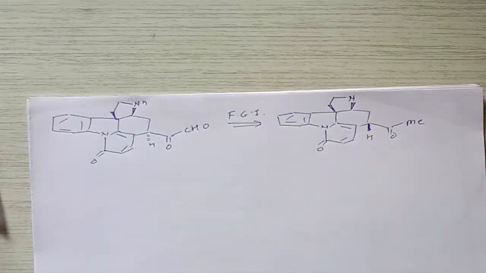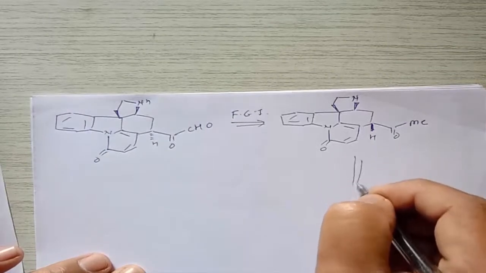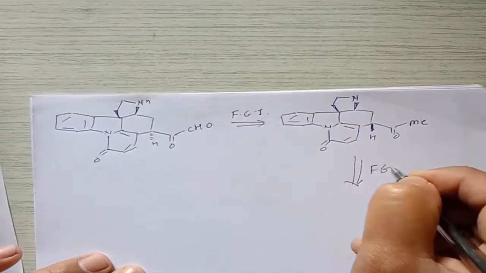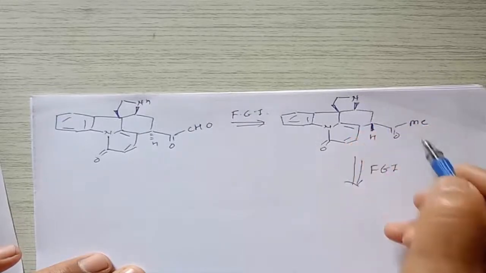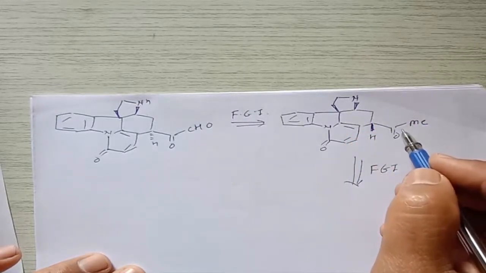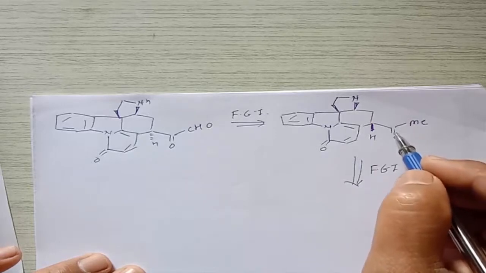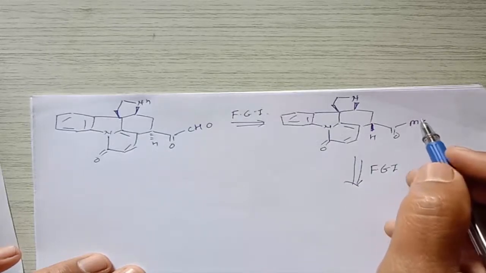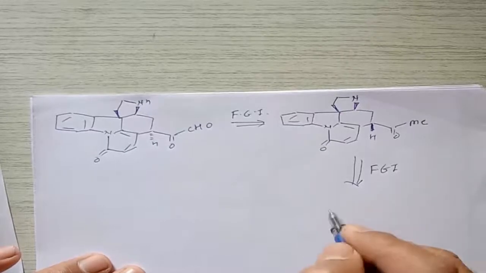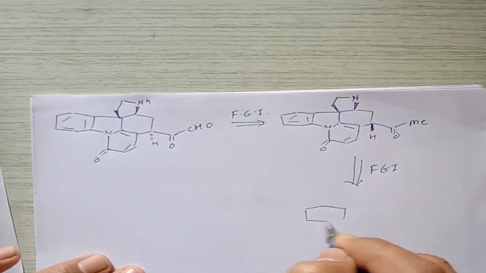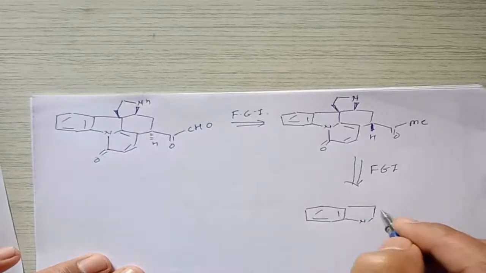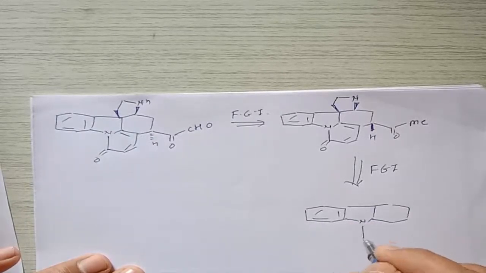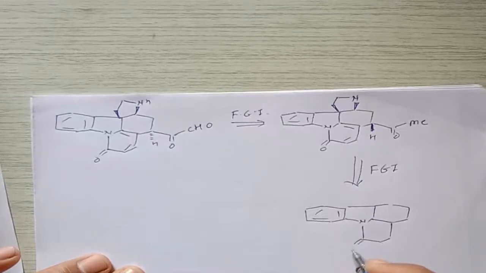Then in the next step, we can do a functional group interconversion, that means introducing the protection of these amines as well as the conversion of this ketone into the acid. Then what we get here, the remaining molecule will be the same, containing the aromatic ring as well as this 5-member nitrogen ring. So this 6-member ring is again the same here. So this 6-member ring is again the same here. The double bonds are also the same.